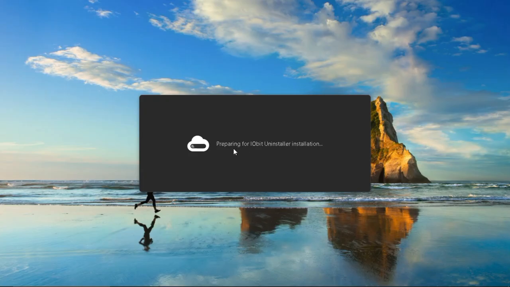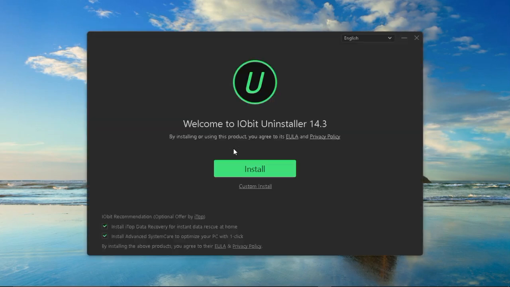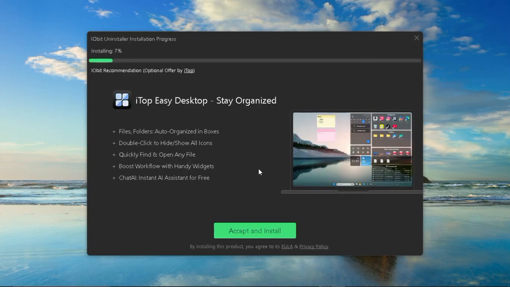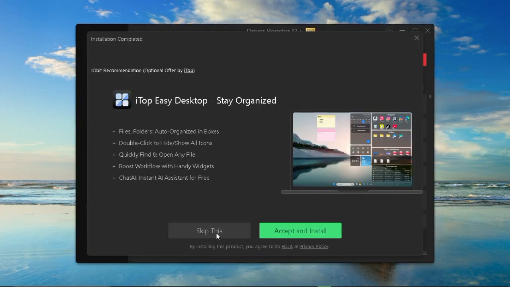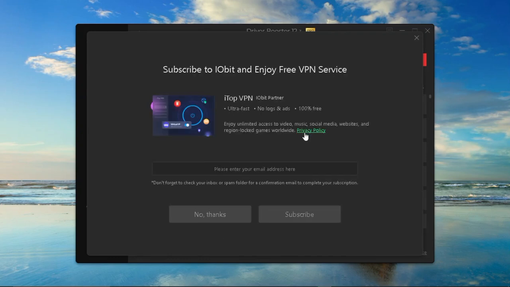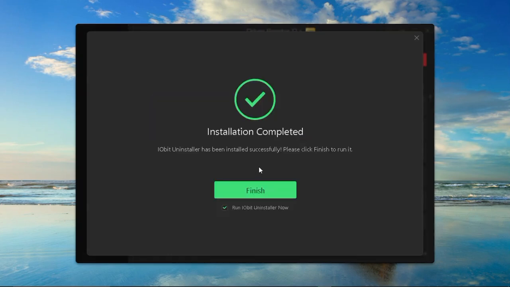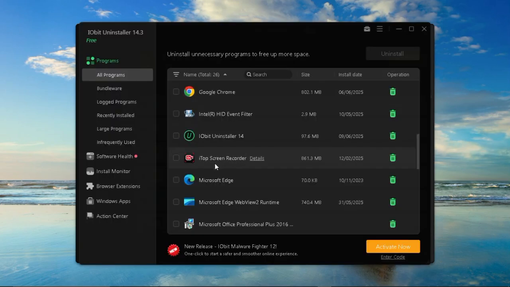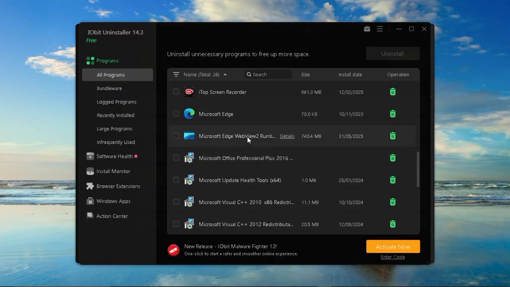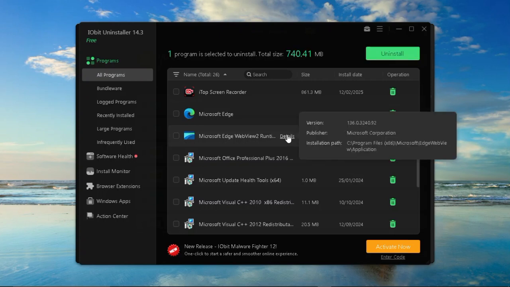When I clicked on the downloaded file, this window opened, and then I had to click on Install so that the uninstaller could start installing. I skipped this offer and clicked on No Thanks. When it finished installing, I had to launch the app,